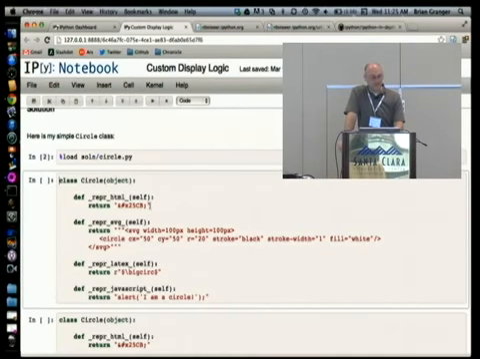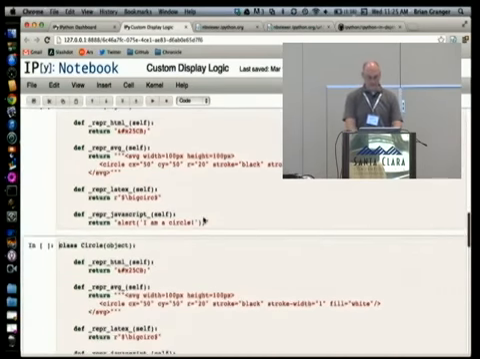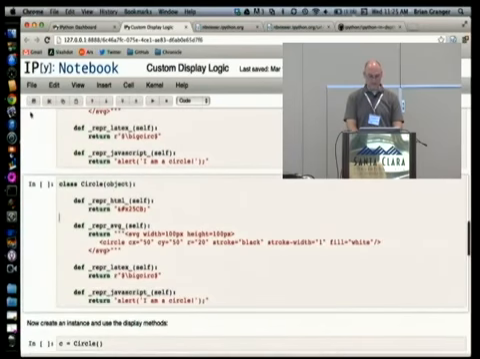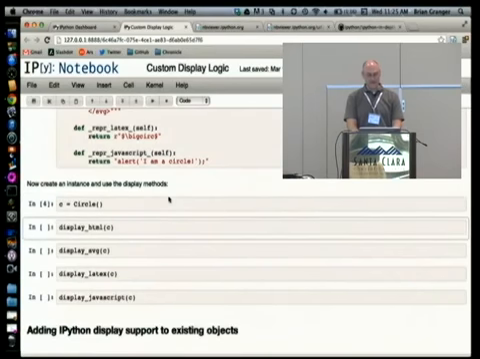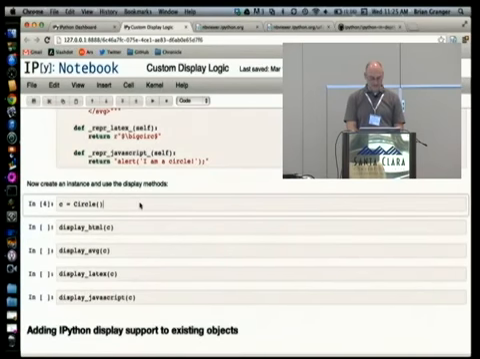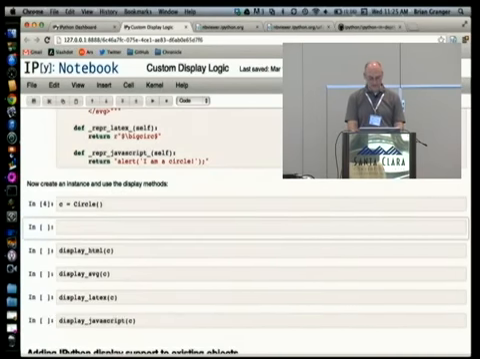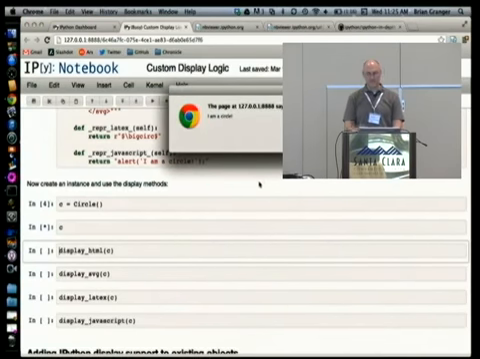So this here is valid HTML. This is valid SVG. For the LaTeX, notice I need to wrap it in the dollar sign. And then for JavaScript, I can just put JavaScript code. So let's run that. I create a Circle instance, and let's actually just return the Circle. And so notice,